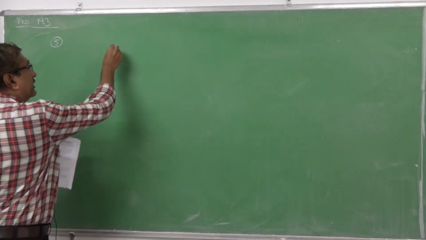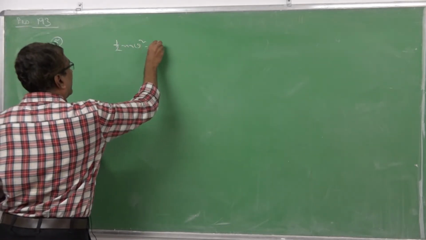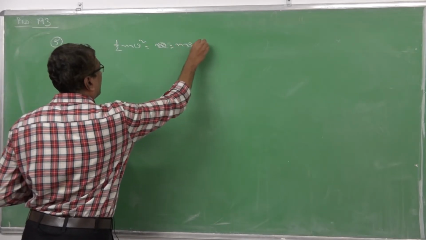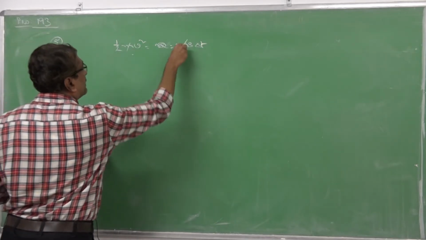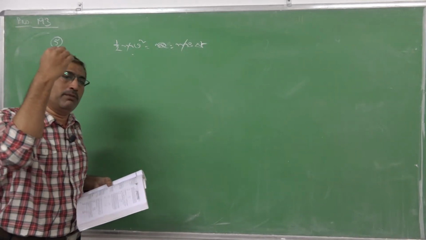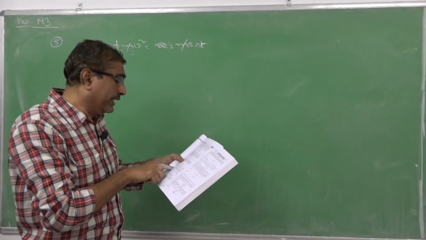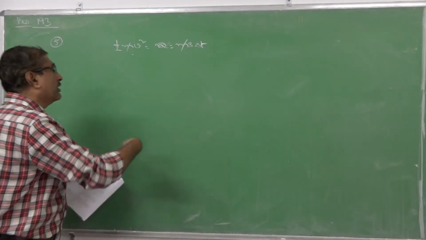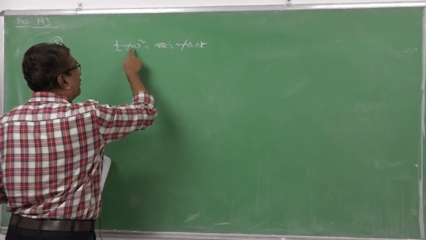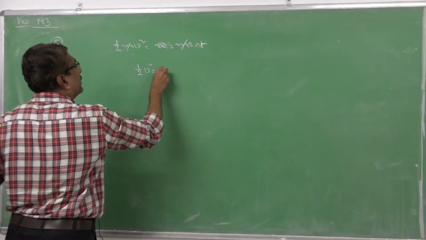So in that case we can write half mv square is equal to Q, that is m s delta T. So m will get cancelled. Here in this problem, this total kinetic energy is absorbed by the bullet only, because it is given that no heat is taken by the wood. That means the total amount of energy is taken by the bullet only. So we can write directly half mv square equal to m s delta T. So half v square is equal to s delta T.